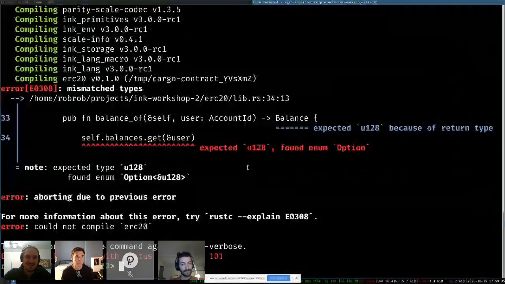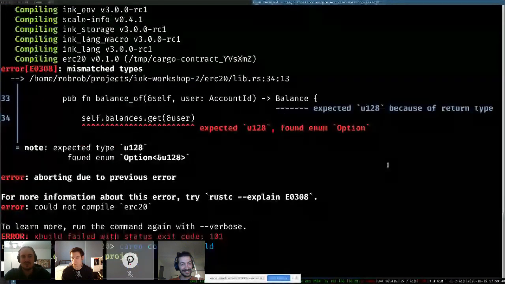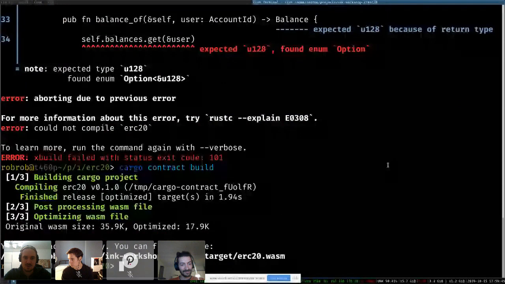Funnily, it already took our balance_of method. Let me recompile it again so that you can see that it's now working. And it's working now, and it's already the size of 17 or 18 kilobytes of WebAssembly. And if we take a look into it,